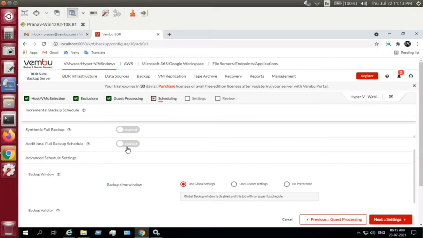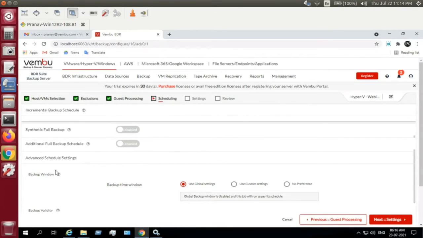For example, when you configure a backup job, the first immediate backup will be a full backup. After that, only your incrementals will flow. All the changes since the previous backup, we track as incrementals. So if you need any additional full backup apart from the initial full that you have taken, then you can enable this additional full backup schedule.